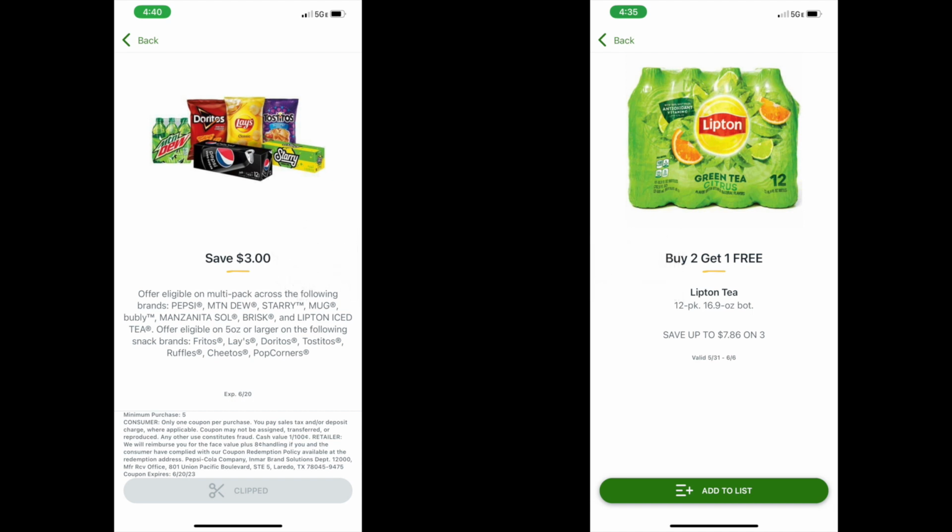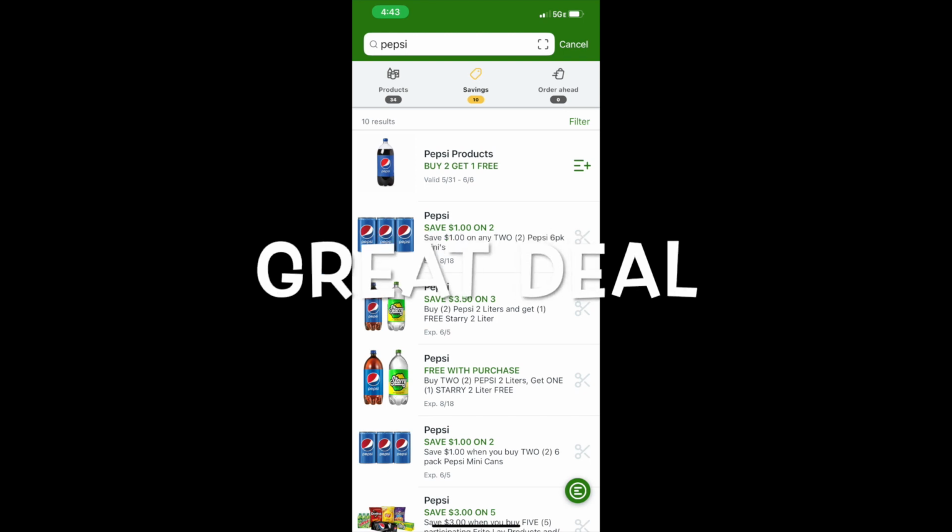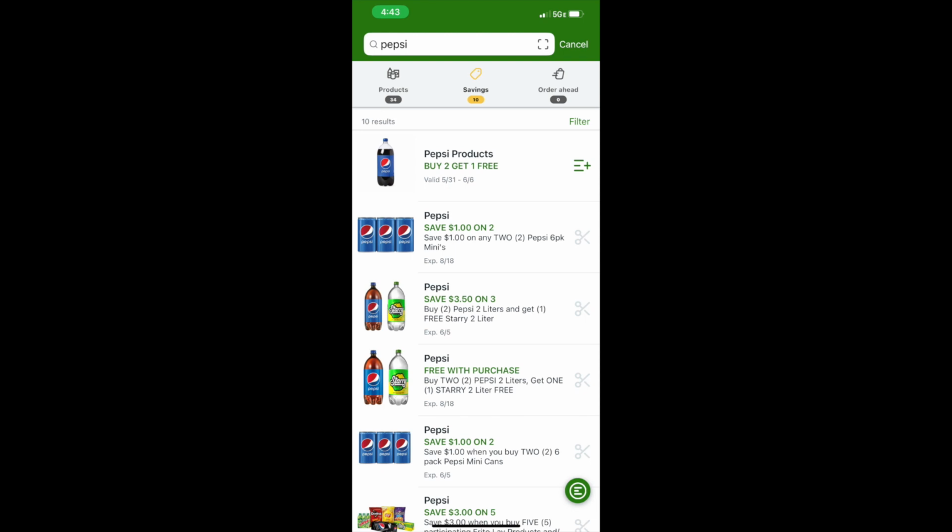Now, this next deal, I totally forgot to take a picture of it in the store. It's on these Lipton Teas. These are the 12-pack. These Lipton Teas are a little pricey. They're usually $7, I think, and 76 cents each. But right now, there's a sale at Publix, buy two, get one free. And when they have a buy two, get one free, you have to buy two and get one free. You have to get three. Now, there is a $3 coupon on these when you buy them. But if you get the mango flavor, there is a $2.50 Ibotta rebate. And you can use that $2.50 Ibotta rebate on all three of them. And so with the $3 coupon and the $7.50 you'll get back from Ibotta, it'll bring your total down to $5.22